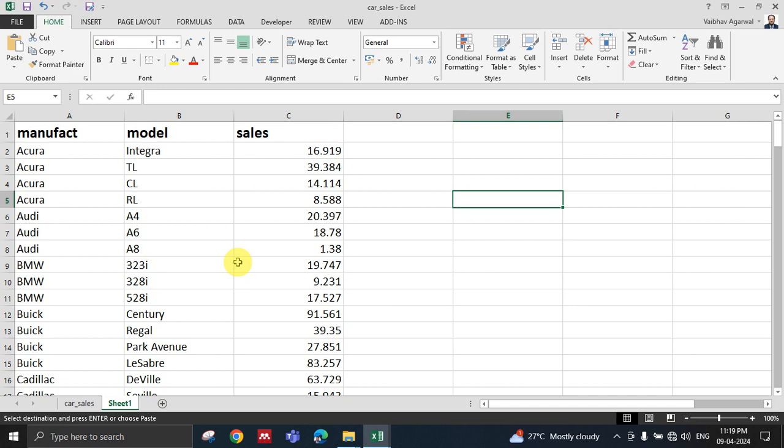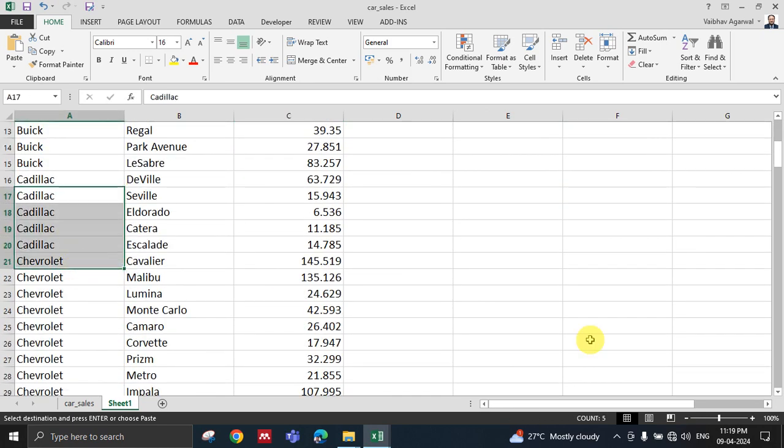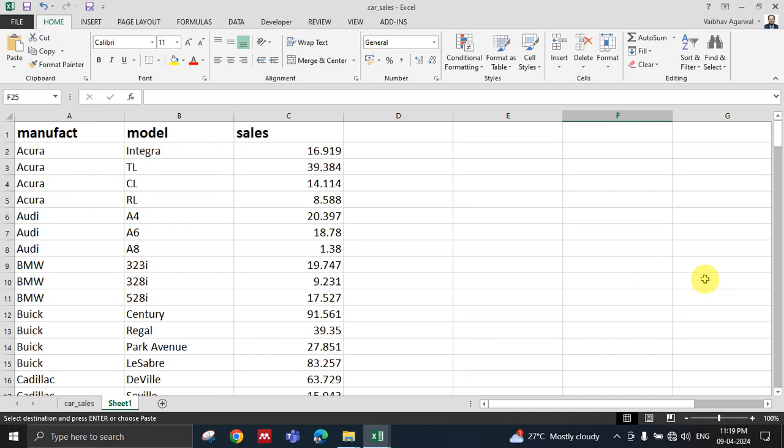If this type of data is there, where we have multiple data values for one particular type of item, we can use data grouping. How is it done? Let's first create